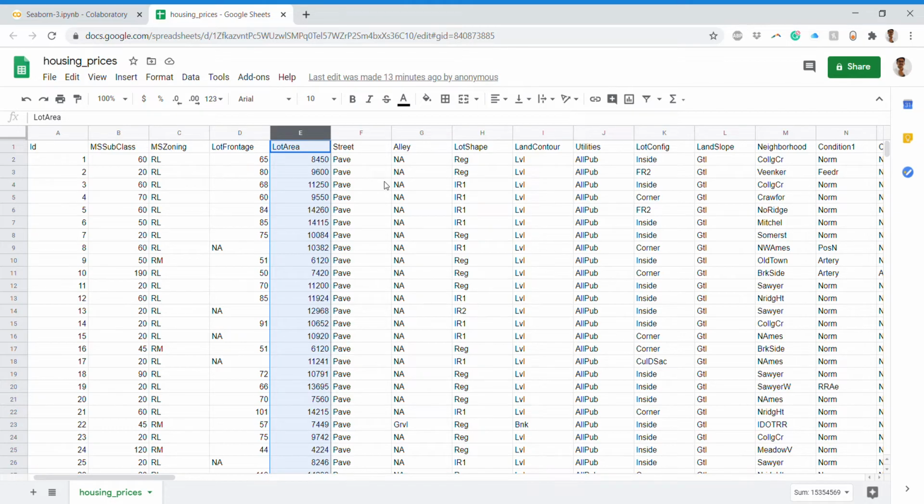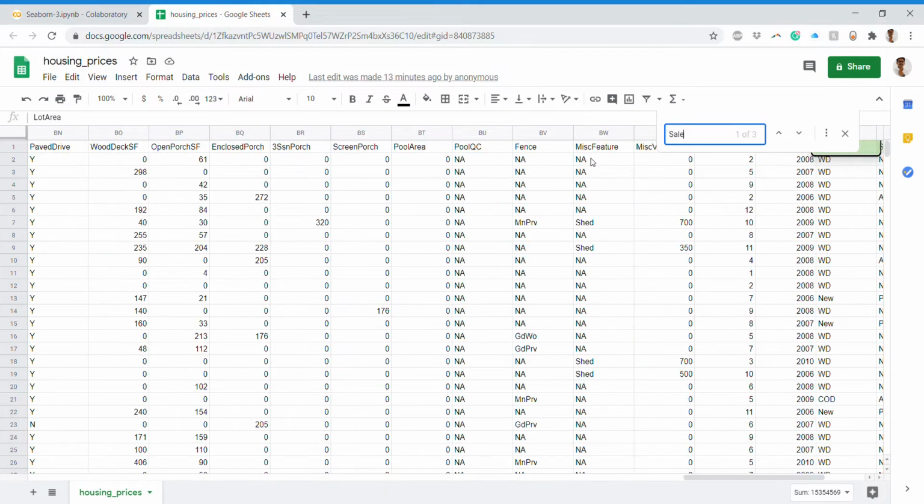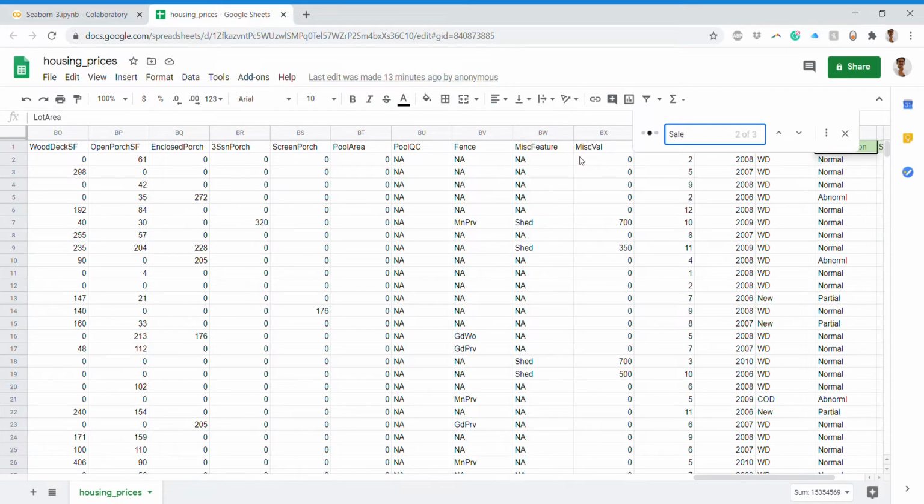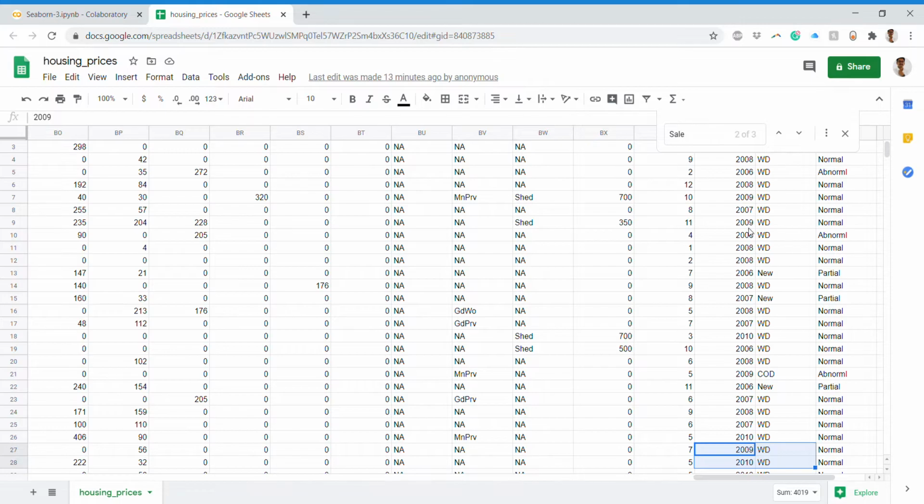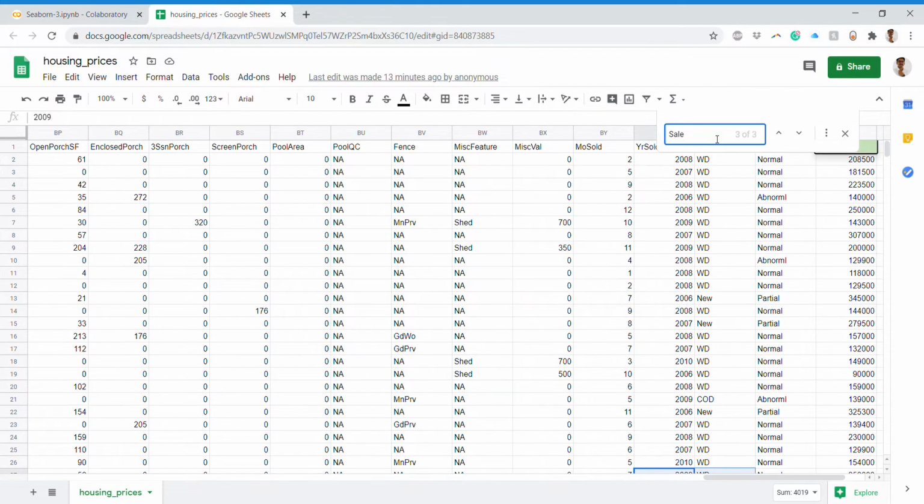The sale price is somewhere here, yeah, this one. So we are doing a dependency check: if the lot area increases, does it have an impact on the sale price of the house?